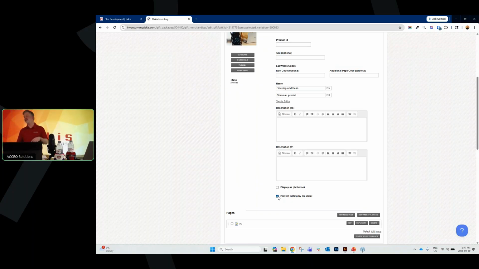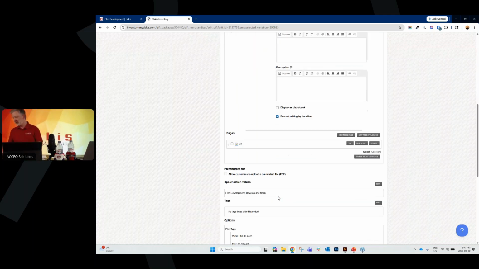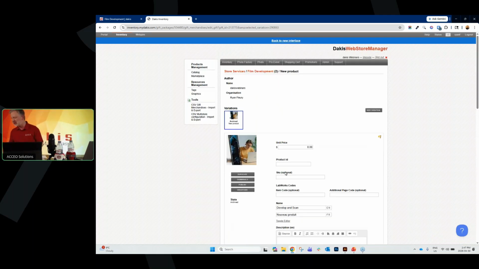It will prohibit the begin creation process, and this is what's going to enable you to just go straight to cart, all right? Then once this is done, you can create, say, I'm going to put in a SKU too, because I'm a SKU freak. Film dev